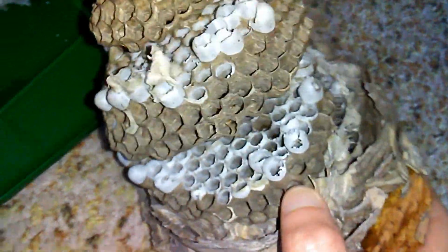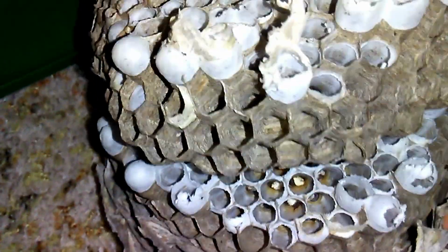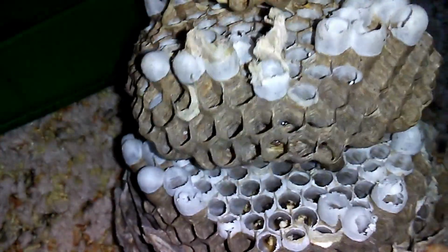But whereas this one, as I've mentioned in videos when I'm doing removals, they have multiple worker cell combs. Like this is 4 tiers of worker combs followed by queen combs, whereas bald-faced hornet has much less workers. These combs, these 3 here, 1, 2, 3, they make males and queens. You can see the difference there. The taller cap remains are where queens hatched out, and the males were the shorter ones. So males and queens, never workers in those successive combs, only the first comb,